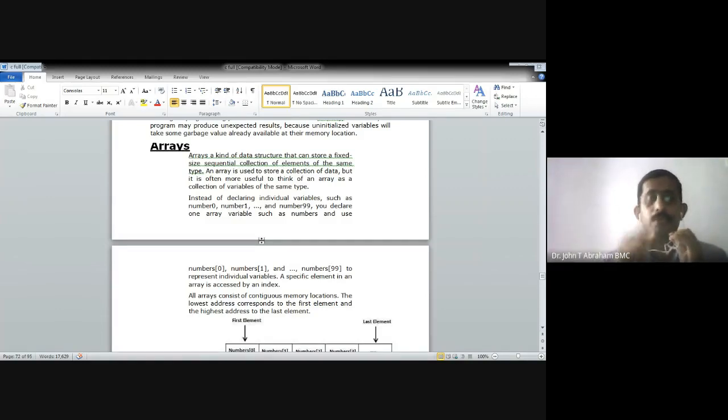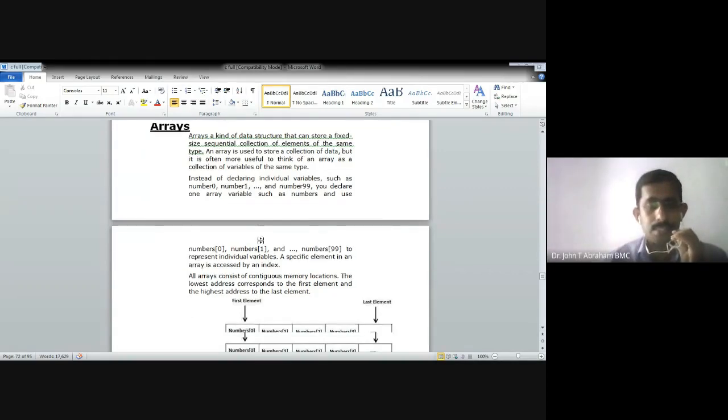That type of data structure is called an array. An array is a data structure which contains a collection of similar data elements.